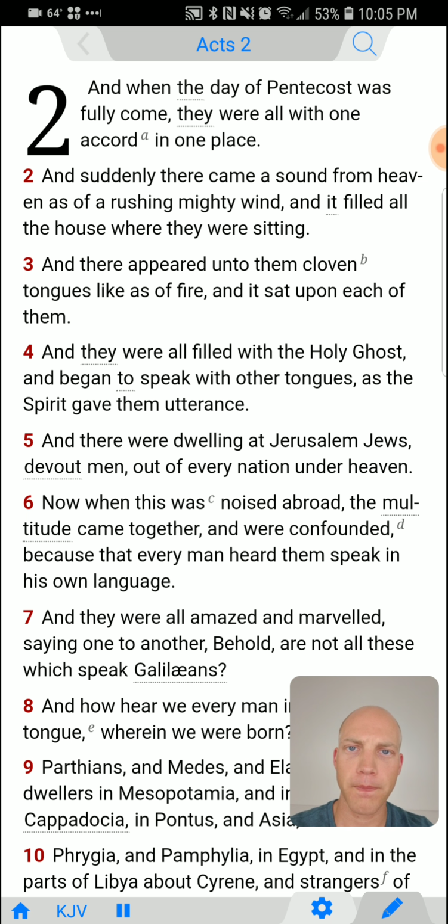Acts 2. And when the day of Pentecost was fully come, they were all with one accord in one place. And suddenly there came a sound from heaven as of a rushing mighty wind, and it filled all the house where they were sitting. And there appeared unto them cloven